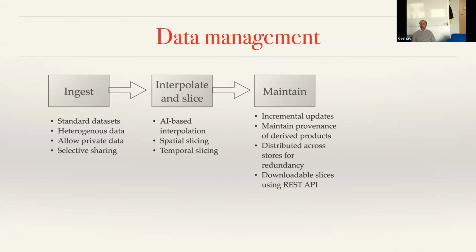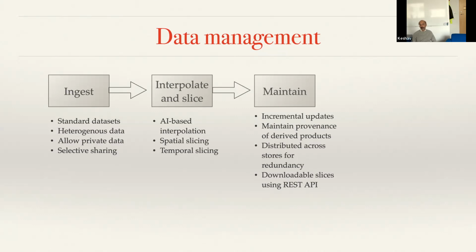We need to allow incremental updates. For example, NASA releases periodic updates to the above-ground biomass as they improve their algorithms, so we want to ingest those. We want to maintain provenance of any derived products that we ourselves are creating. The derived product might be additionality or the level of local or global leakage. And we want to know where it came from. How did we derive that number, so we can work backwards to find out where the primary data was?